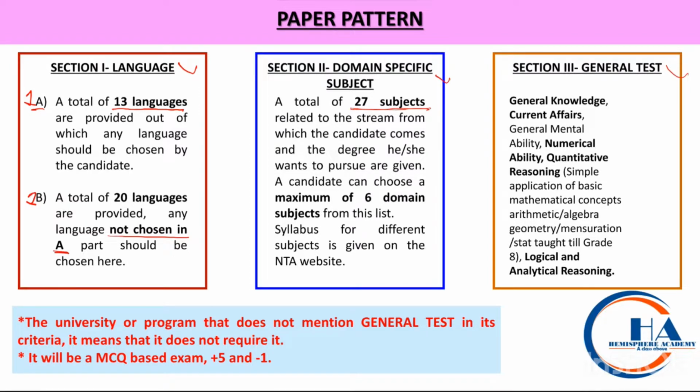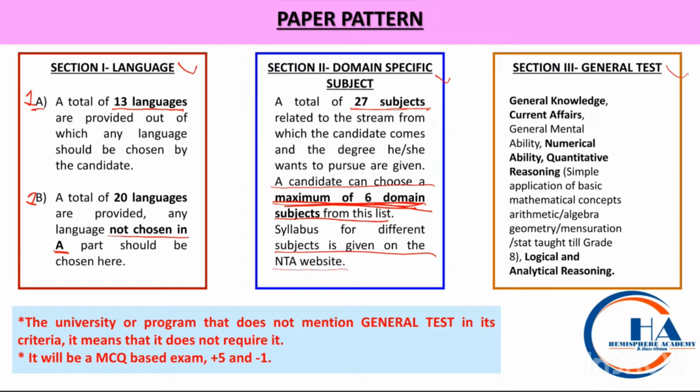Okay, and this is also very important. A candidate can choose a maximum of 6 domain subjects from this list. I repeat, a maximum of 6 subjects, guys. A maximum of six subjects, and the rest depends on the choices you make. The syllabus for different subjects is available on the NTA website, which is